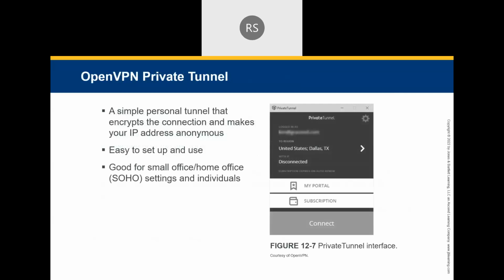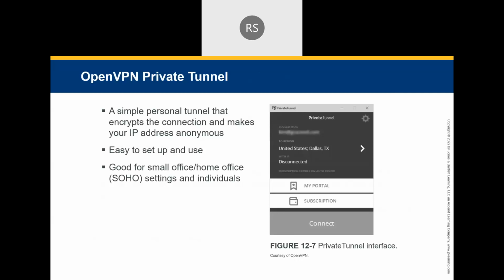Now, OpenVPN Private Tunnel is a straightforward solution designed to create a personal VPN tunnel to ensure encrypted connections and anonymous IP addresses. So it offers simplicity in its setup and usage. This is something that makes it an ideal choice for individuals or the small